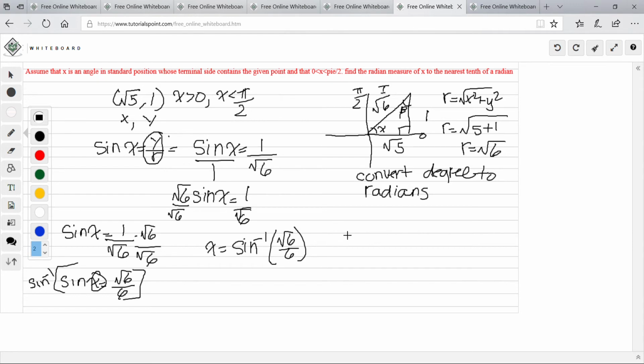So whatever the degree is, you times it by pi. When you put this in the calculator, you're going to get a degree, and then you times it by pi, not 180. There's actually a button on the calculator that says pi, and then you divide that by 180. And then you should get about